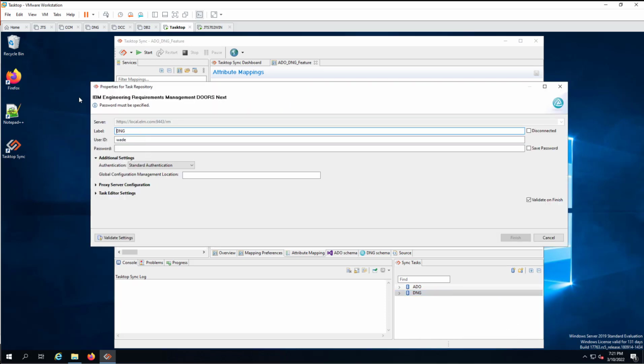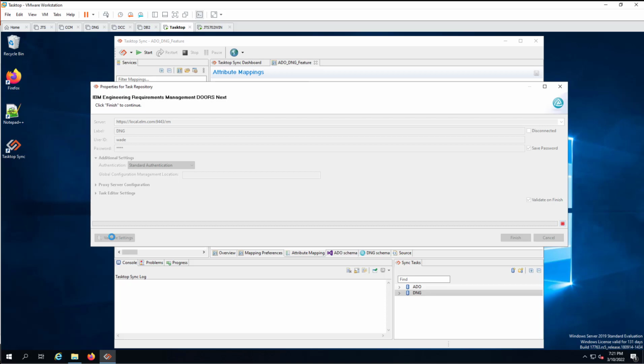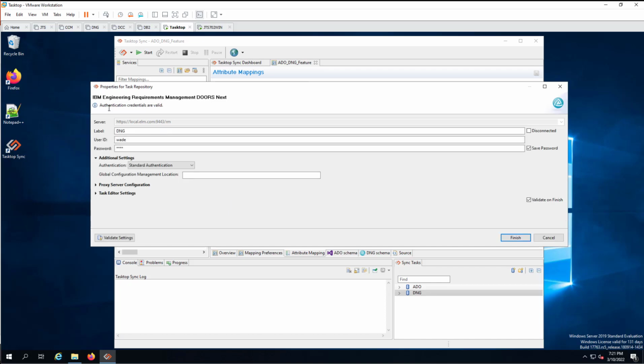In each case, once you've entered the server information, for the Jazz tool you'll have to save the password. You'll want to validate the settings to make sure that all of the information is correct. If it does not validate that the authentication credentials are valid, you'll need to make sure that you've got the right information entered into the tool and try again